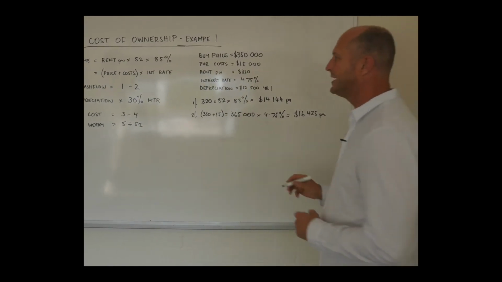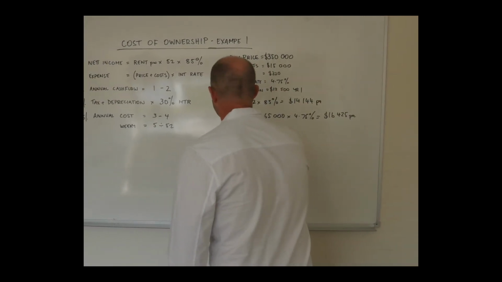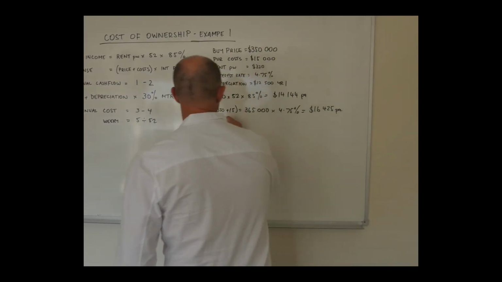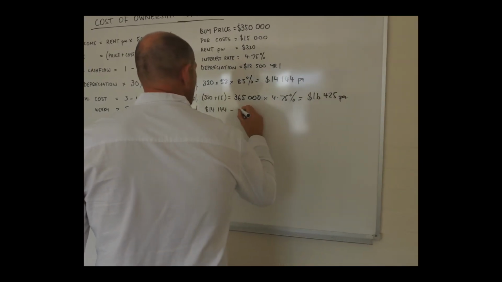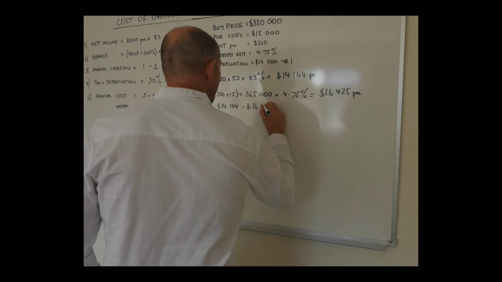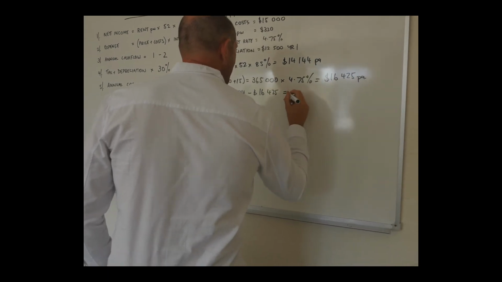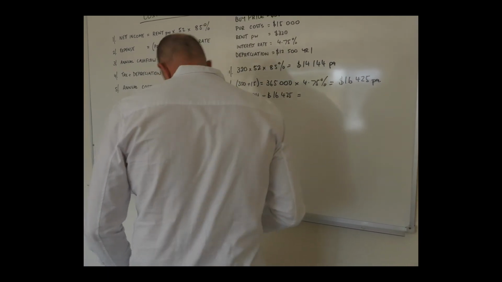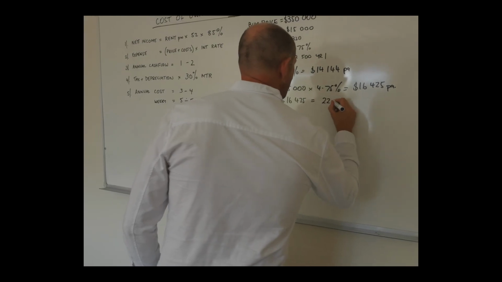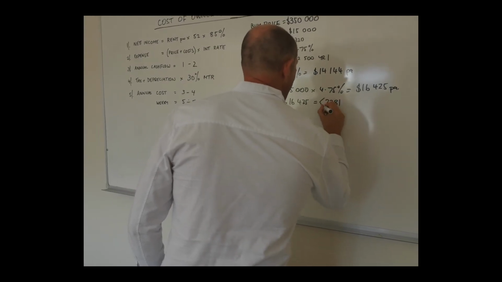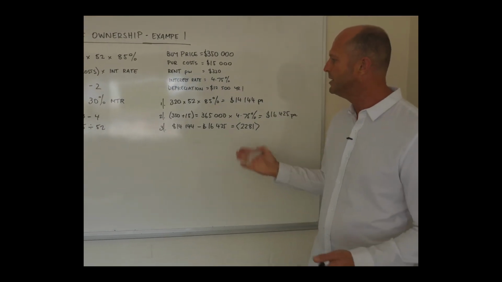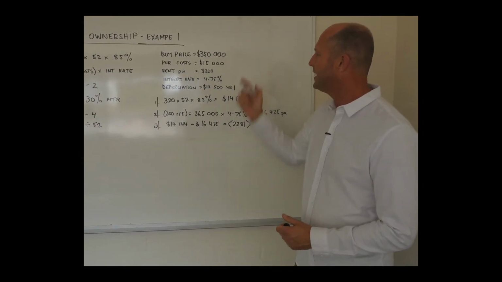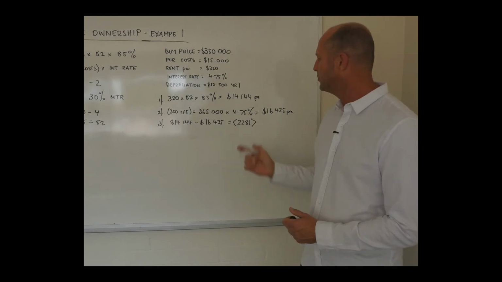We then move on to the next calculation, the third, the cash flow. So we basically say, okay, we've got an income of $14,144. We're going to then minus the $16,425, and that will give us our result. And that result for me is $2,281, and it costs you money. So I'll put those brackets around it. So for me, we know in a raw cash flow, that property of that profile will cost us